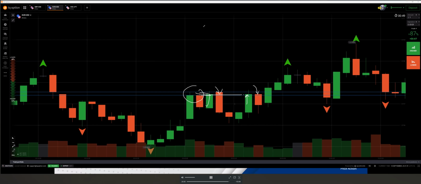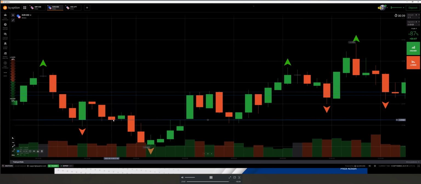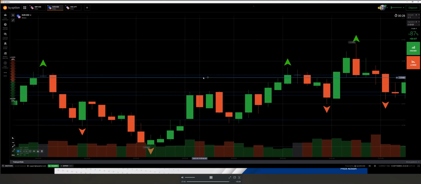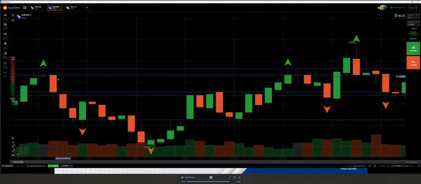Like here, if I show some more trades on it, look, that is called the support. The red candlestick closes directly on the support, and the buyers enter the market. In this way, we use the support and resistance lines. For example, here there is a level and the wick is there. See how the green candlestick closes here, then the doji candlestick, and the red candlestick is up here. Everywhere you will find a breakout, then the price comes back, the resistance becomes support, and the buyers enter the market.